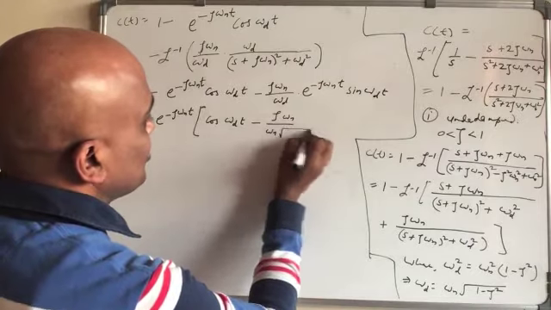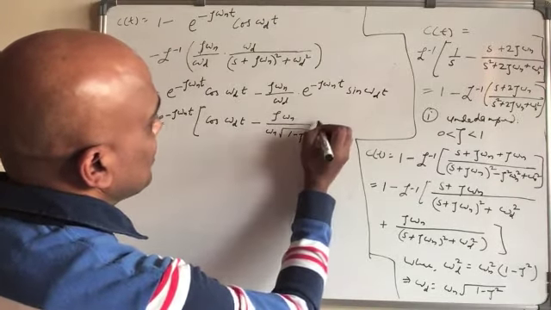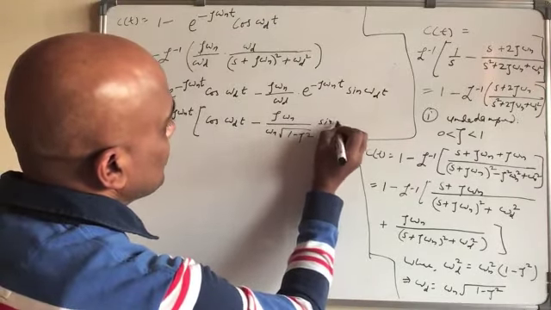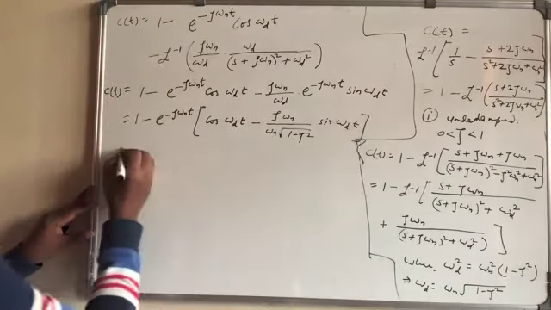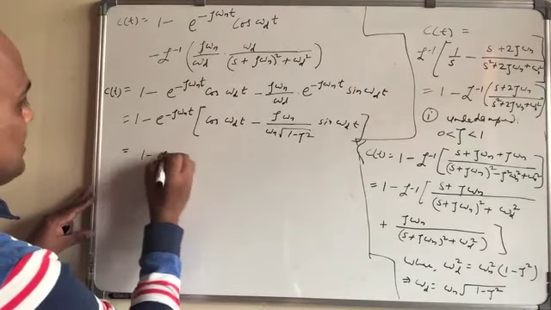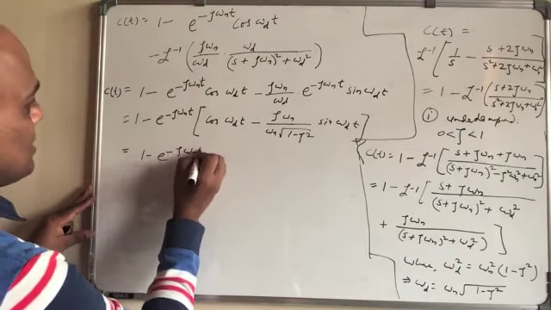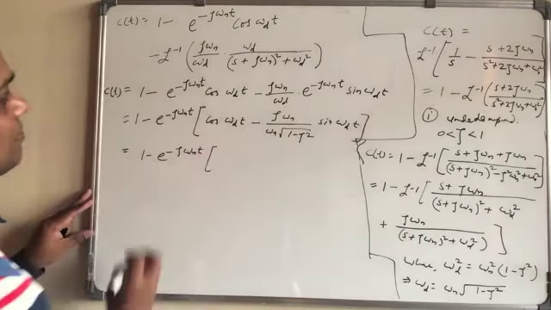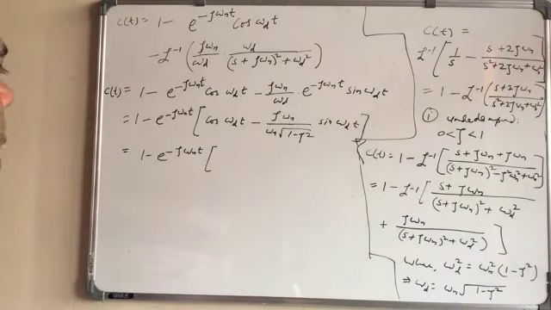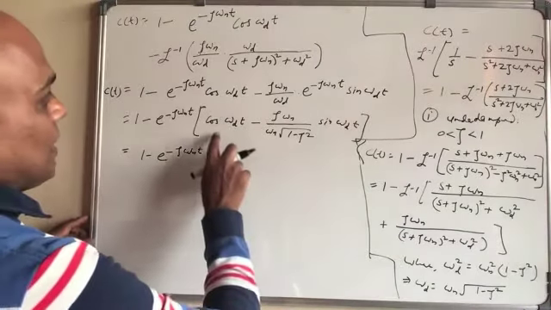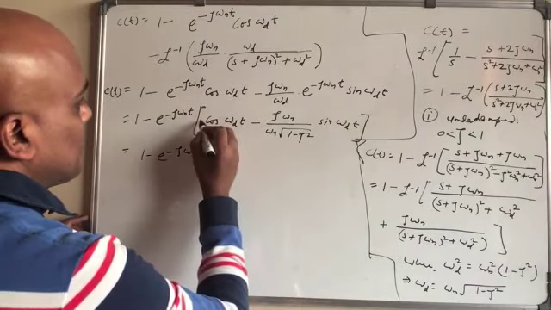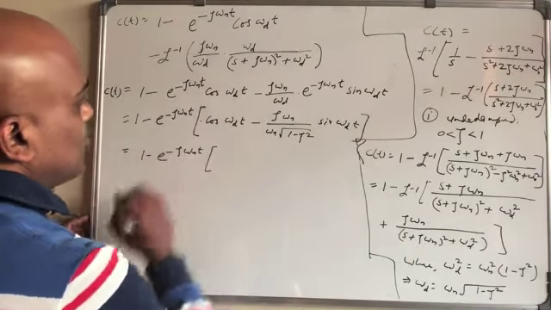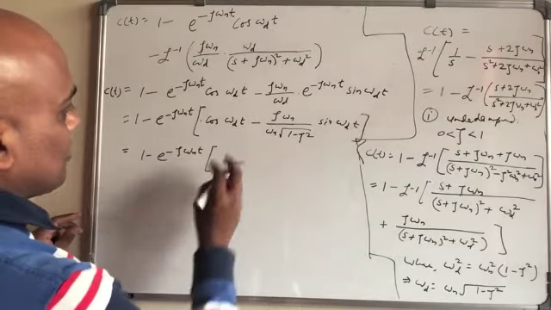This is omega n root of 1 minus zeta square here, and then you have sine omega d t like this, is equal to 1 minus e to the minus zeta omega n t, and here we can write the term here. We have 1, but